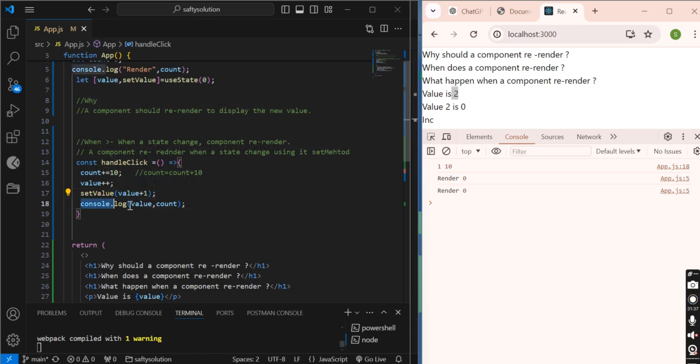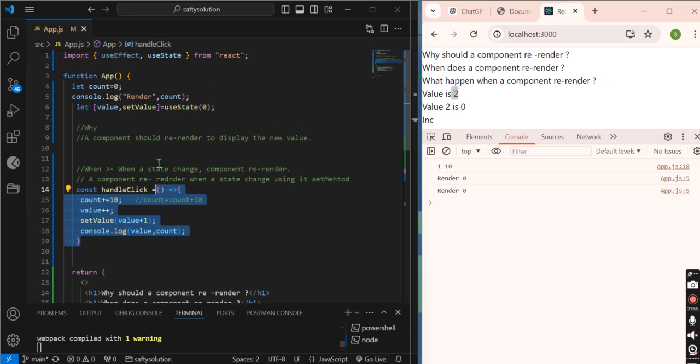That's why when we print here, it's printing 1, the previous value, and it's printing 10. Now it's finished its execution. The component re-renders, and it will print render 0, right?